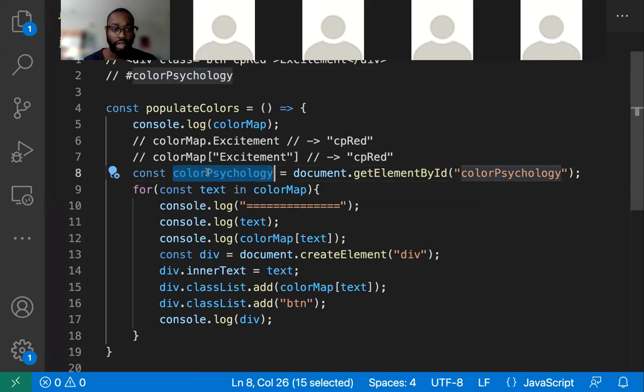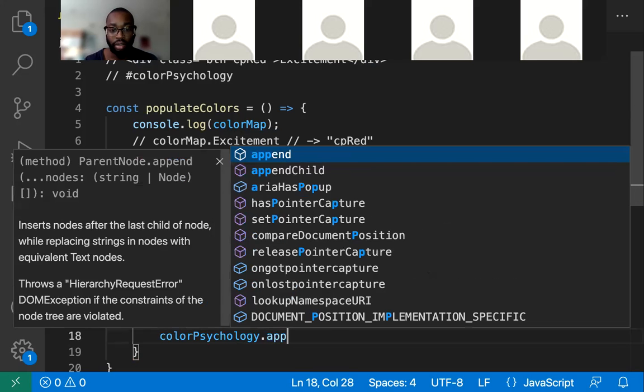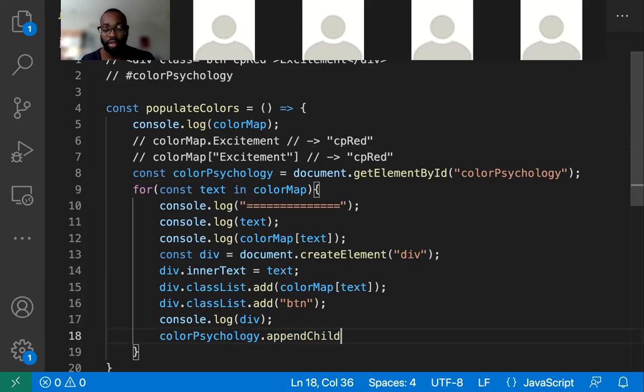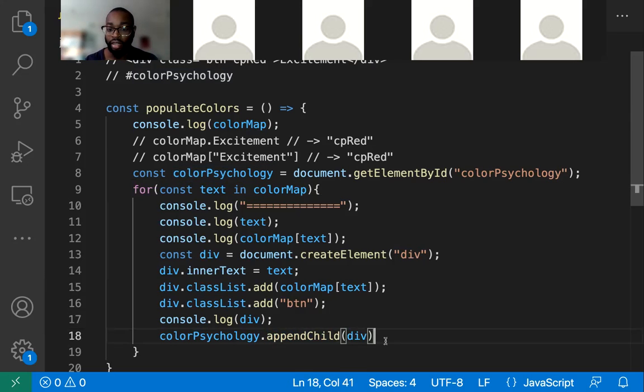Right. So now that we have this, now we're able to interact with it. So I'm gonna interact with it inside of this loop because we know that we have to add this div to it. I'm gonna just do append child because that's how we add an HTML element to it. Append is basically just adding the HTML element after all of the children. So if this already had a child inside of it, it's going to add the next child after that one, and then just keep adding one to the end of all of the children. So I'm going to add a div as the child,